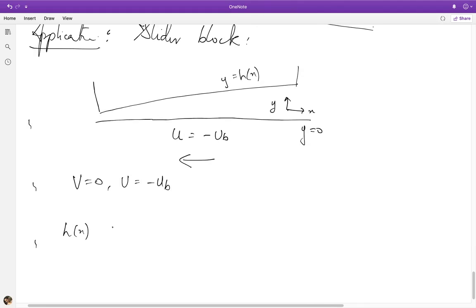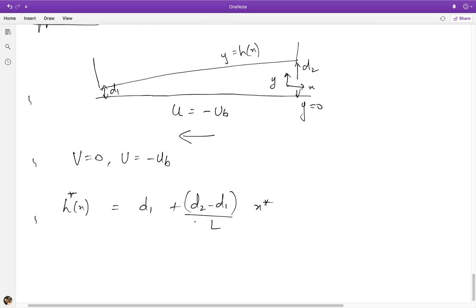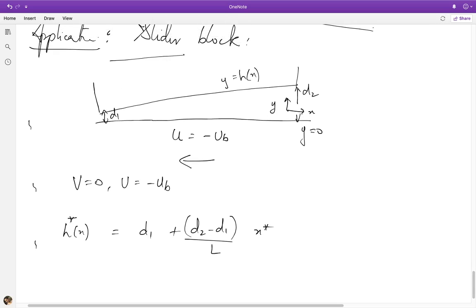So the dimensional h of x can be written as d1 plus (d2 minus d1) by L times x star. This gap here is d1. The gap at the end of my problem is d2. And (d2 minus d1) by L, where L is the length of the overall domain,